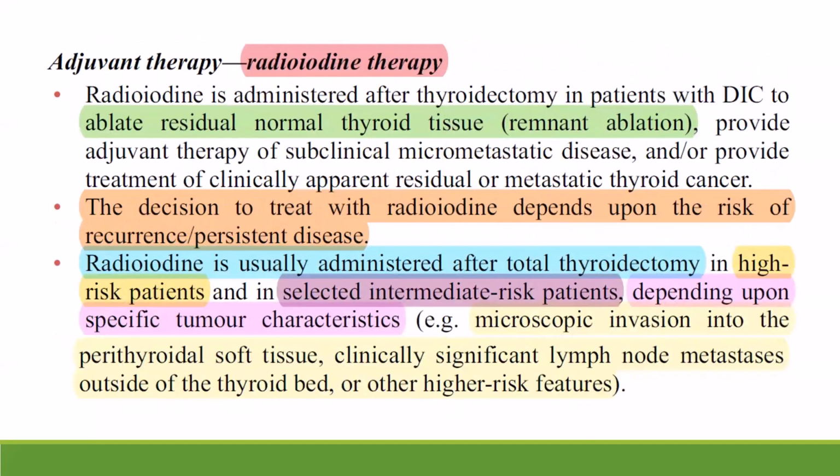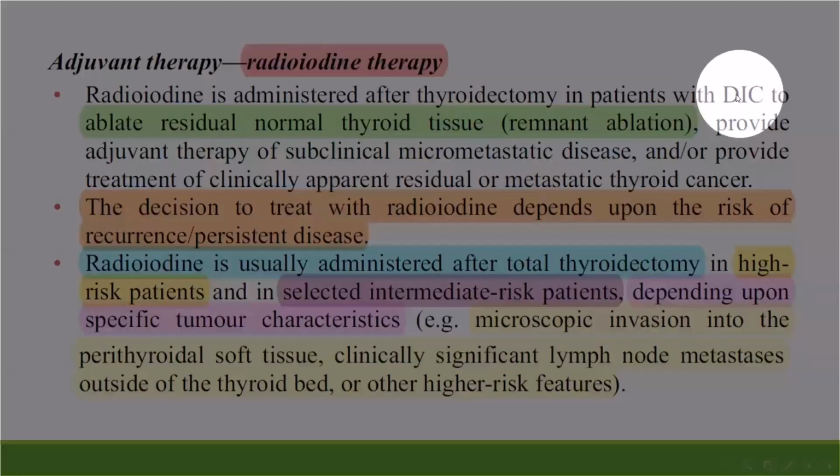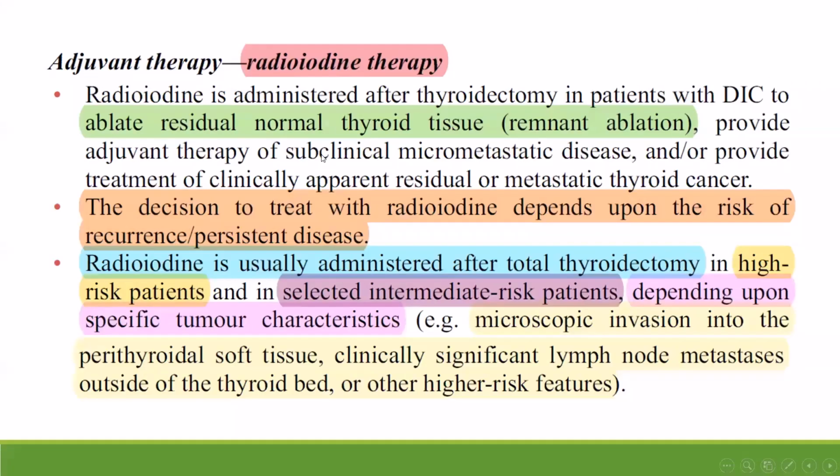Adjuvant therapy, radioiodine therapy, and actually I will discuss this in more detail in the next session, inshallah, next Friday, with the British Thyroid Association guidelines about thyroid cancer. But we should know that radioiodine is administered after thyroidectomy orally in patients with differentiated thyroid cancer. And don't forget that this is not DIC, it is differentiated thyroid cancer, DTC, to ablate residual normal thyroid tissue, which is known as radioiodine remnant ablation, or RRA,